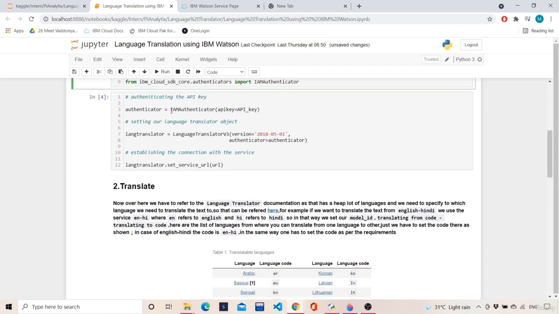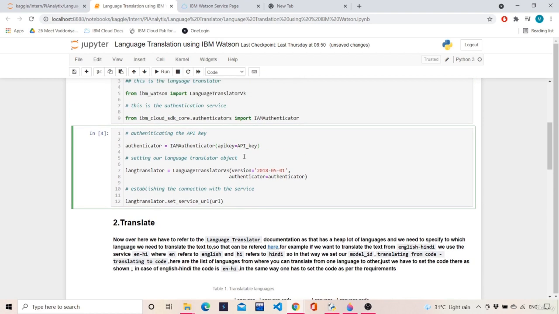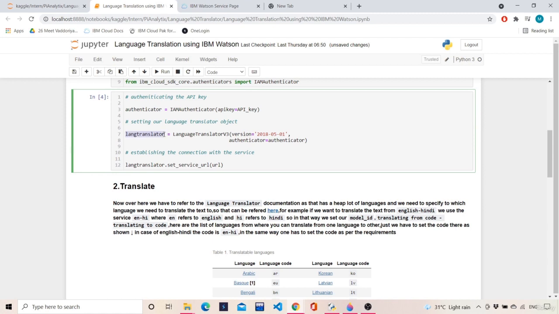We will set up our objects. IAMAuthenticator is a class which takes the API key as a parameter, and we save this instance of the class inside an object named authenticator. Now we will set up our language translator object.